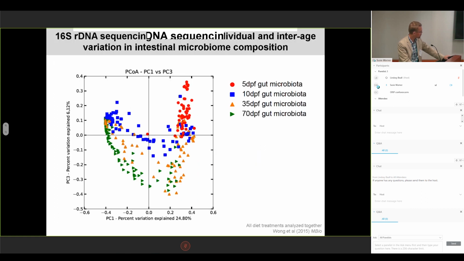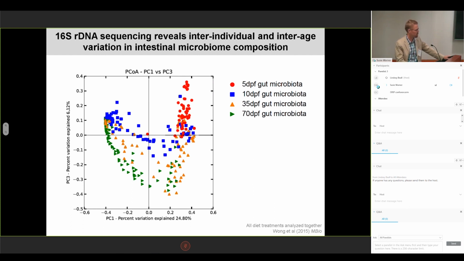Okay, so we did that for our study, and here I'm just showing the gut samples, color-coded based on age. What you can see immediately is that there is a change in the zebrafish gut microbiome over developmental time. At 5 days, those samples all tend to occupy this space, but then progressively out to later stages, you get a change in the composition of the microbial community. That's what this data tells you. But you can also appreciate that there's a very high degree of inter-individual variation, right? This is something which is not unique to zebrafish. It's certainly the case in humans.